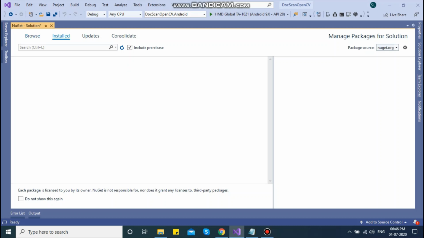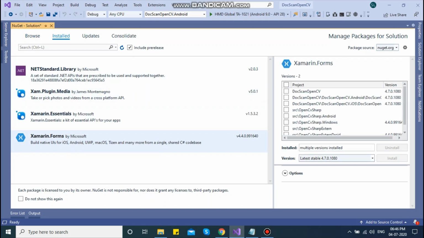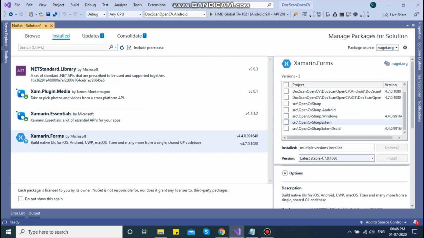Then you need to go into install, then you select Xamarin Forms, and as you see, the different versions of Xamarin Forms are installed here. What you need to do is unselect Windows and Droid.